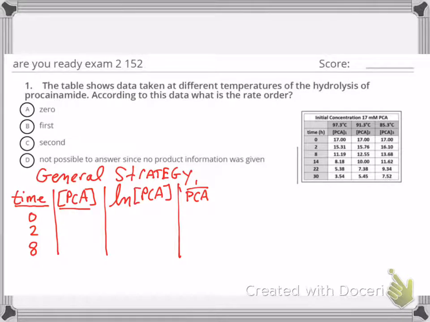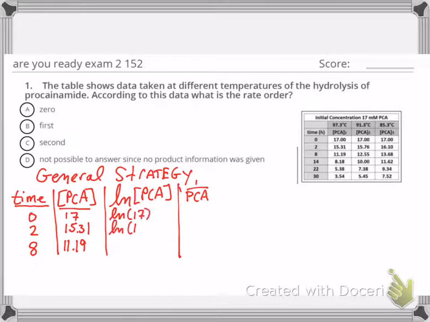If it's going to be linear, that means that what we're going to be able to do is look at the change in concentration with respect to time. And so we're just looking at the 97.3 degrees, which will be the same for each of the temperatures, right? The rate order is not going to be dependent on the temperature. We write down the first three values, time 0 to 8, and then we're going to make corresponding values of